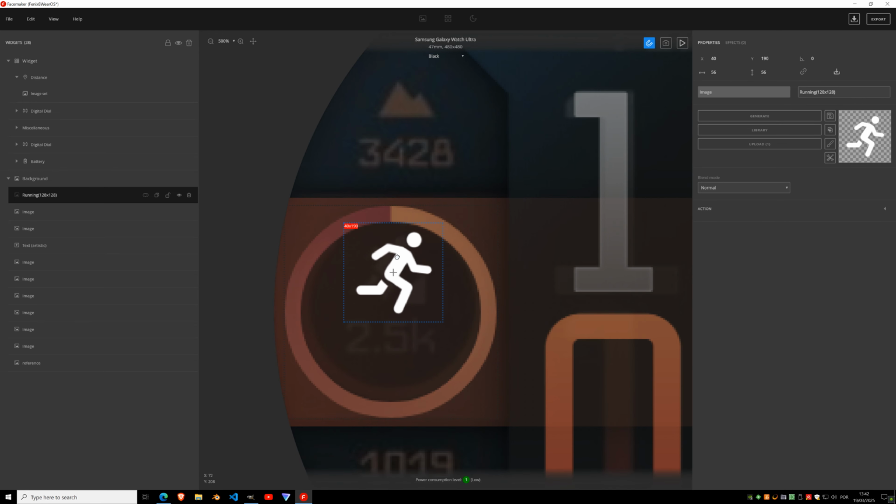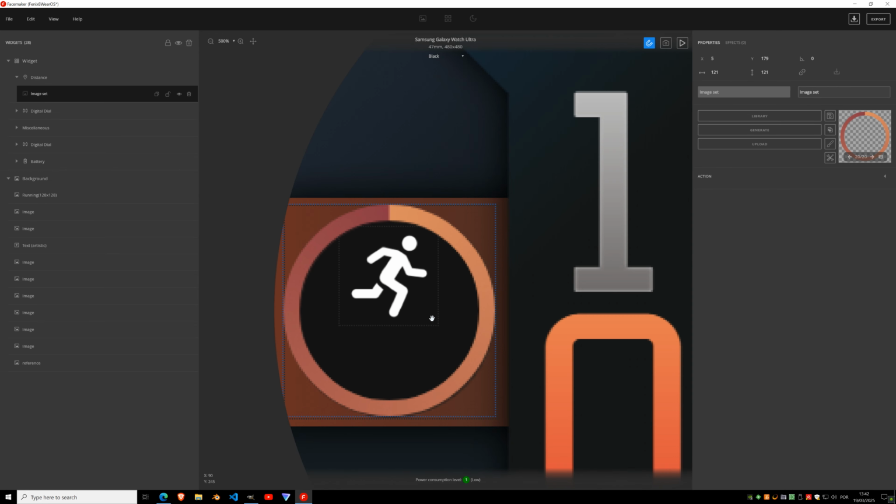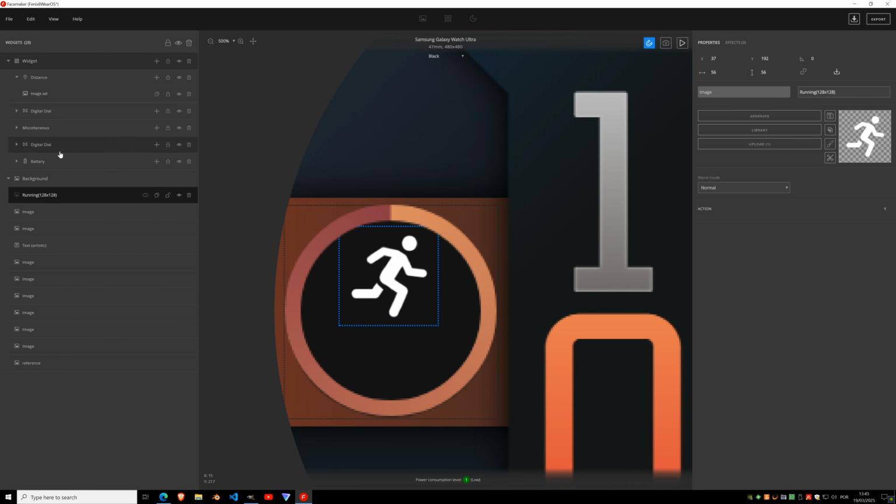Zoom in and try to match the size. Oops. You see, this is why you should always lock your layers. Okay, now this is locked. Let's go back into the running man. And I think I have another one that is, oh yeah, this one. Okay, now